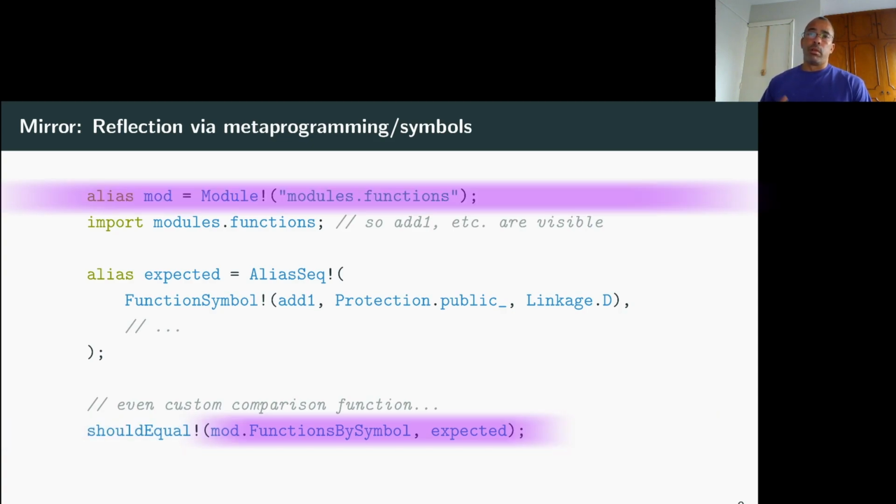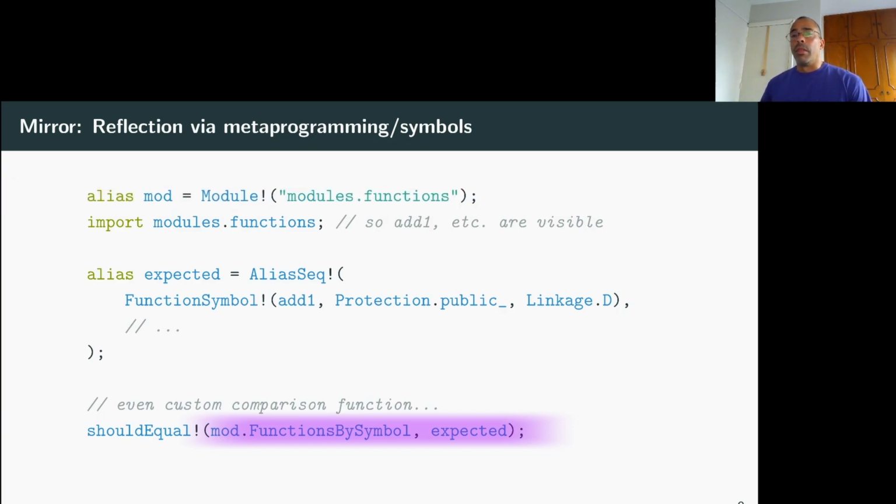Here I'm taking the module, so that template that I declared at the beginning of the first line, and I'm saying dot functions by symbol, and that is giving me the list of the functions by symbol. So I decided to call it this because in the reflection work I've done so far, sometimes you want to iterate over functions by an identifier, and sometimes you want to basically roll out all of the overloads. So in this case, each one of the elements in functions by symbol is an overload set, so you'd have to loop over those again to get each specific overload. And if I said mod.functionsByOverload instead, they would be flattened and I'd get individual functions. And it really does depend on what the user wants, so we have both options here.